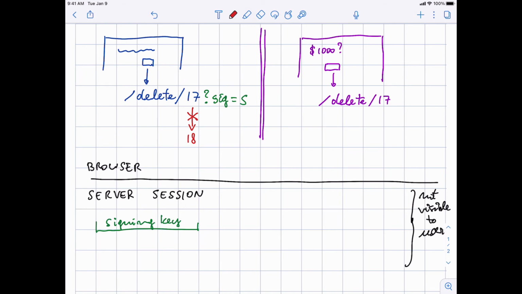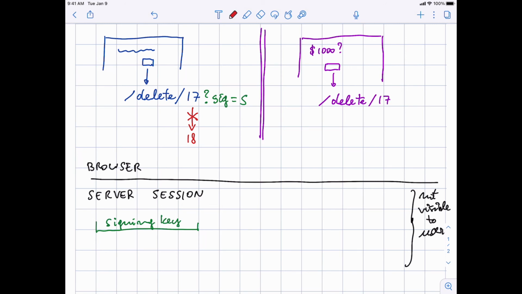because if the user keeps the same signature, the signature is generated using hash algorithms that guarantee that if you do make small changes to the original string, the same signature won't be valid. Moreover, the same cryptographic guarantee tells you that if the user makes a modification to the signed string, which is delete 17, there is no really good way the user can somehow guess the proper signature without knowing the signing key. And the signing key sits on the server. The user has no access to it. Okay? So the user no longer can modify the URL it received in order to do other things.